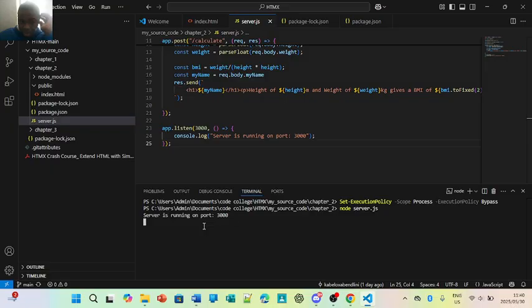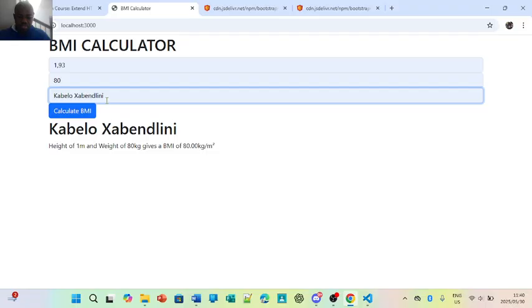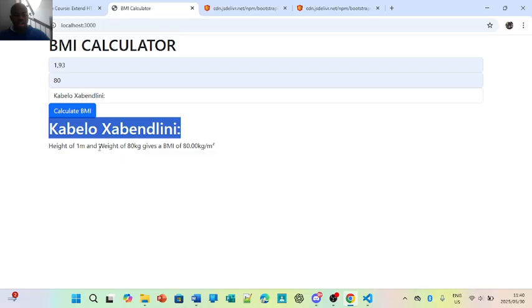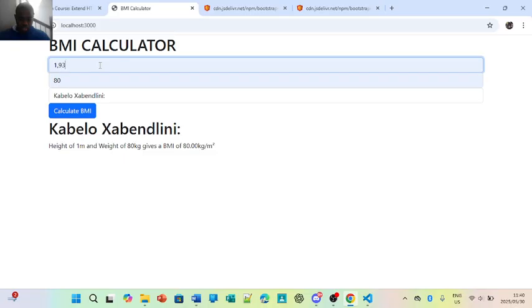Okay, so calculate BMI, right? From Lenny, my name, thank you. Height of 1 meter. And let's just do like 2. Height of 2 meters and weight of 80 gives a BMI of 20. So that's pretty much